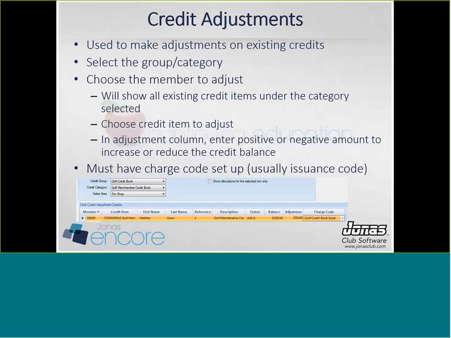So you can see at the bottom of the screen, credit book, merchandise credit book in the area of the Pro Shop. Once you set a member number, so down at the bottom you see member number 9, it will show existing credit items under the category selected, so under the merchandise credit book category. If member 9 doesn't have any credit, then that credit item column is going to be blank. I can't adjust something that doesn't exist. It has to exist. So you'll choose a credit item if they have multiple, choose a credit item to adjust,